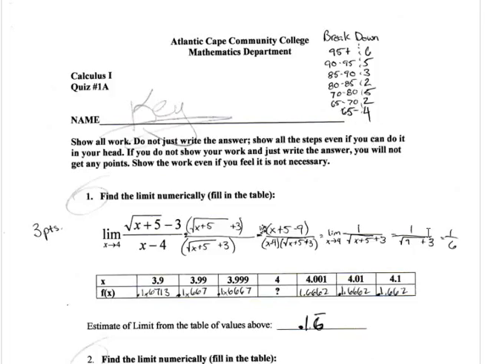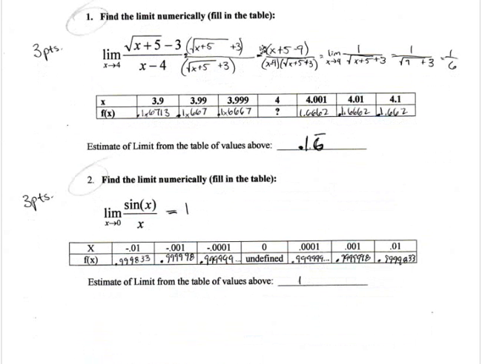Okay, so let's go over this quiz. For the first problem, we have to find the limit numerically. Now, if we did try to find this limit analytically, what we could do is rationalize the numerator. When we do that, we would multiply square root of x plus 5 minus 3 by the product that would make it a